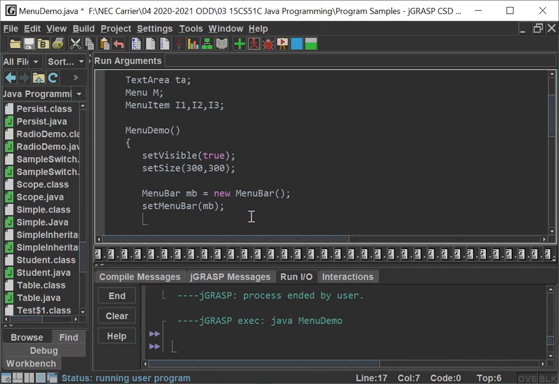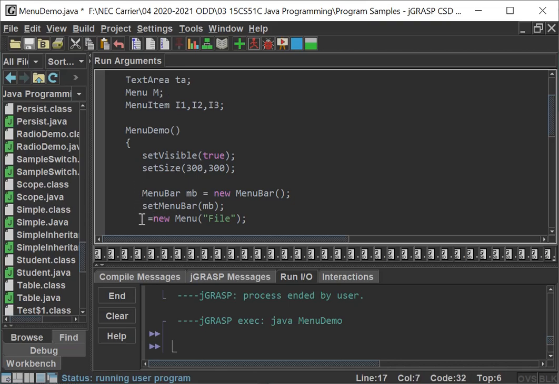Next, we are going to create the menu, right? For that we are going to create the object with new Menu. The menu name we have to define, so I have given the menu name as a parameter. What is our main menu name? It is file. So I have given the menu name as file. I have created the object and set the menu name as a parameter, and I have collected it already in the name m, right?